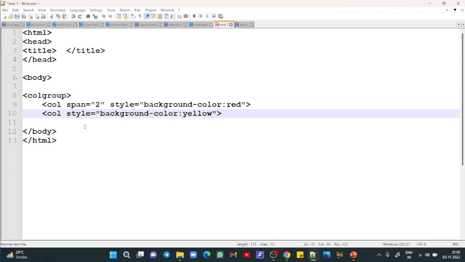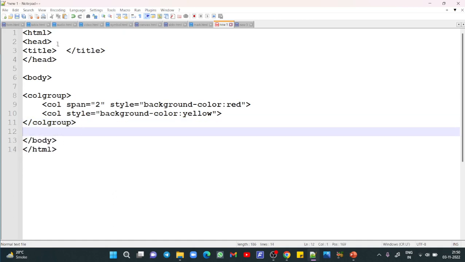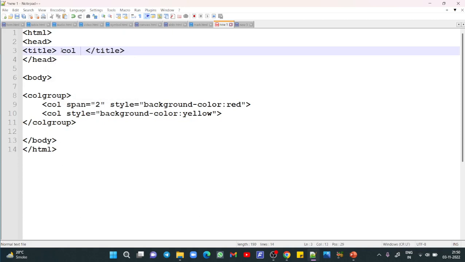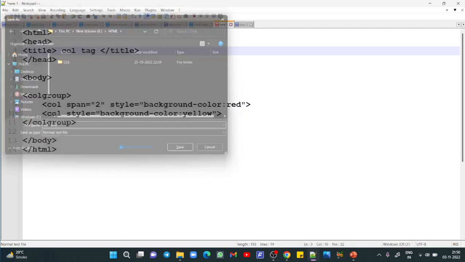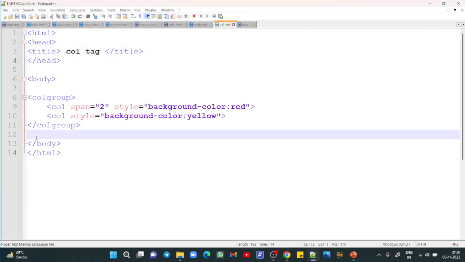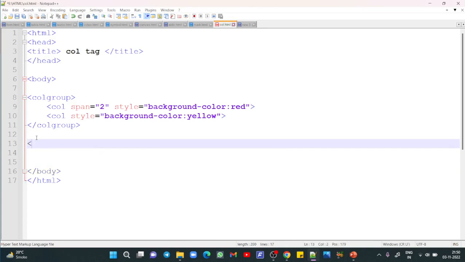Okay, now what we need to do here is close the colgroup. Here col tag, save, and col.html, save.